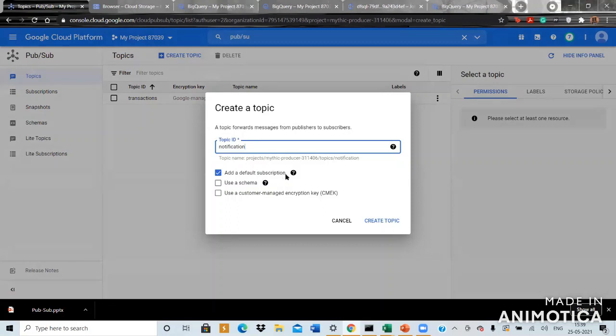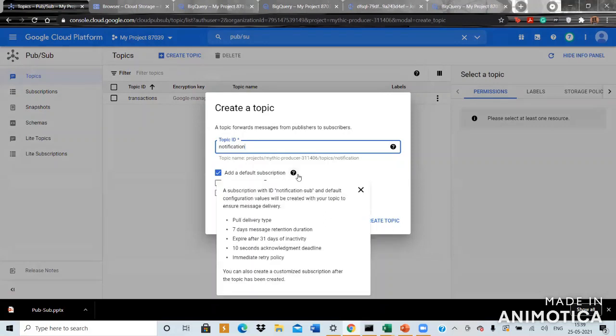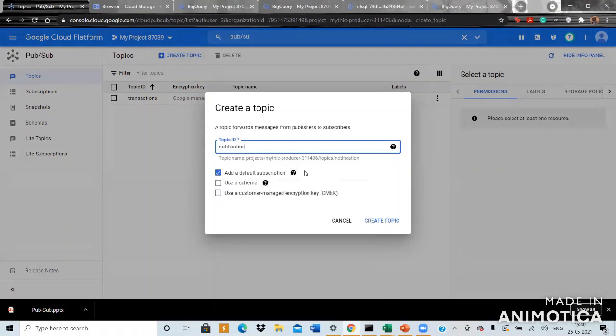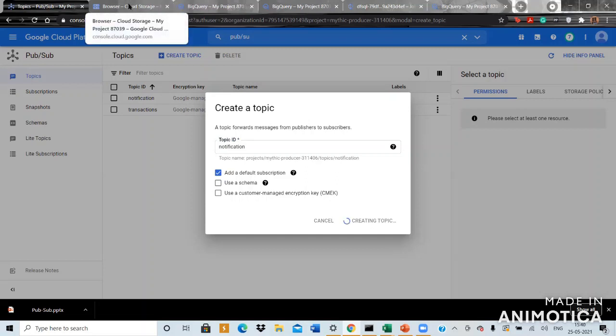We can add a default subscription if we want to, but the only problem with the default subscription is it will always be only a pull method, and you can't have your acknowledgement deadline. So once you've acknowledged the message, you can't seek to it again. Since over here we want a pull subscription, and we're not going to go back to it after it's acknowledged, we're just going to go with the default subscription. We're going to create it. It'll take around a minute to create.